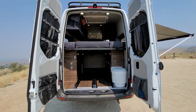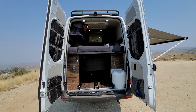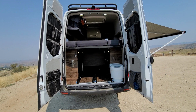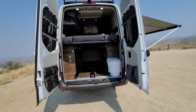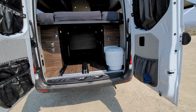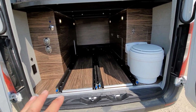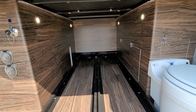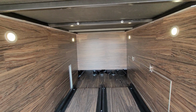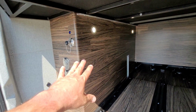Okay, so in the rear, up top, you can see the load lights are on. That works really nice at night. You're just gonna get to campsites at night sometimes, so it's really nice to just be able to see what you're doing back here, unloading bikes or getting whatever gear you may have stored back in the back here. And then we also have our garage lights here on both sides. Water closet on the left side